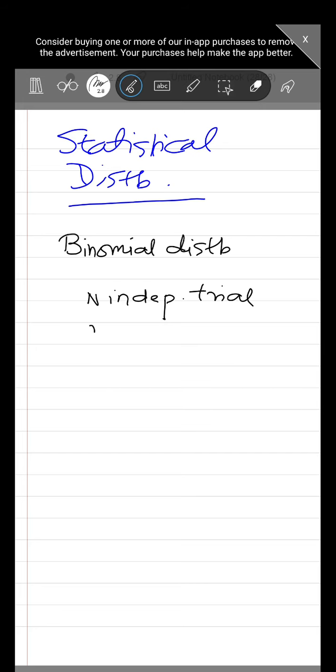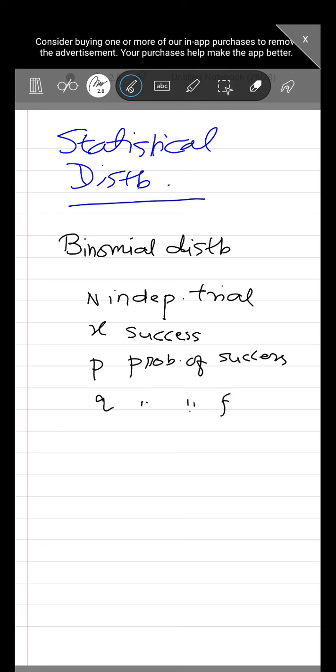and we are getting x success values, where p is the probability of success and q is the probability of failure in a single trial. So these two are meant for a single trial. Then the binomial distribution